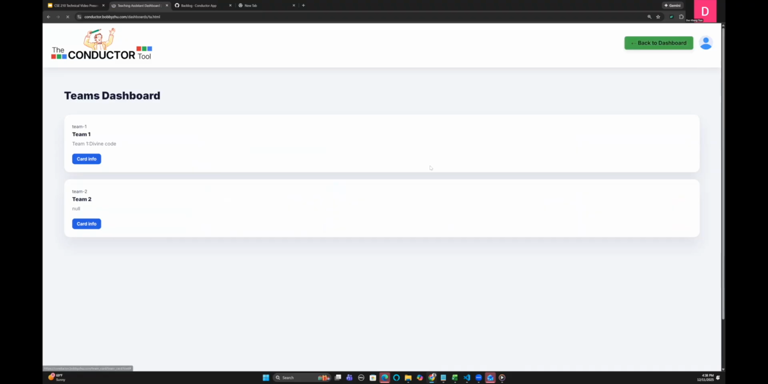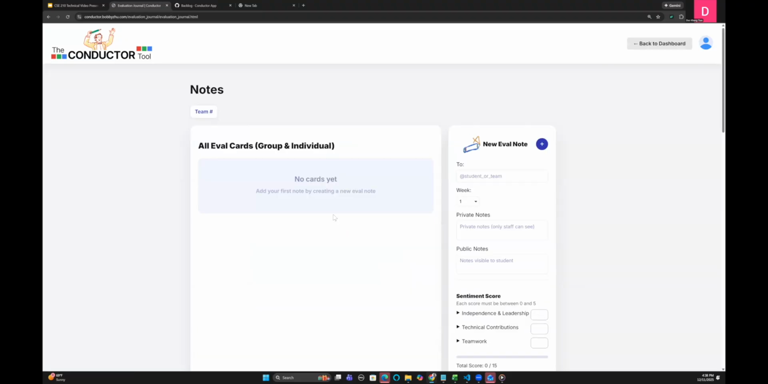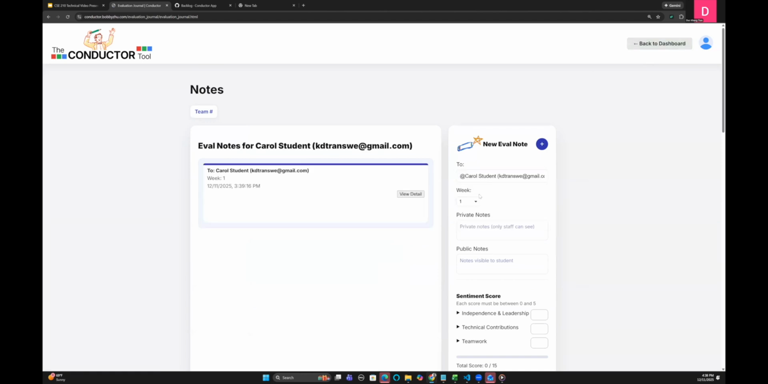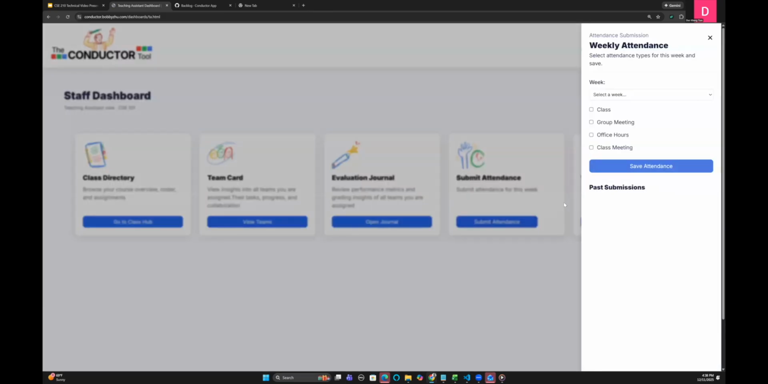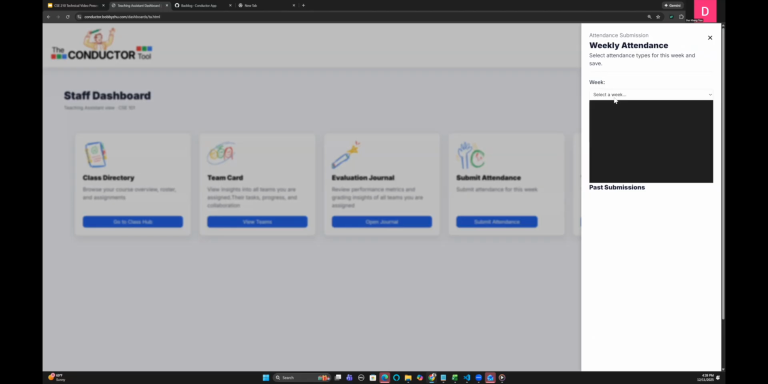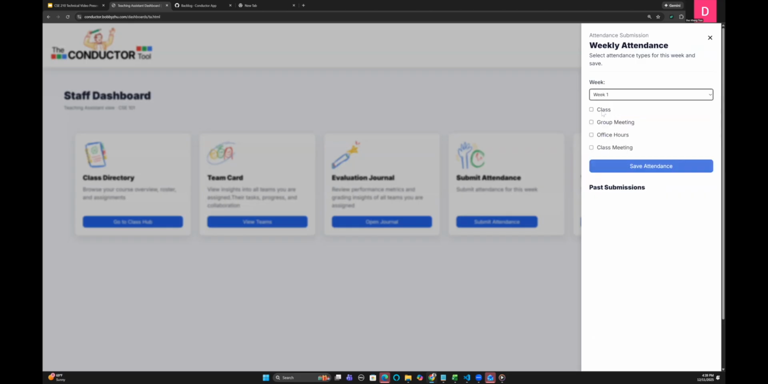And then also the evaluation journal, which is the journal that a TA can write to students, similar to leaders or professors. And then finally, submit attendance, because TAs also need to attend some meetings or lectures. But TA attendance is much simpler than students'. For each week, they can enter whether they went to the class lecture, or the group meeting,